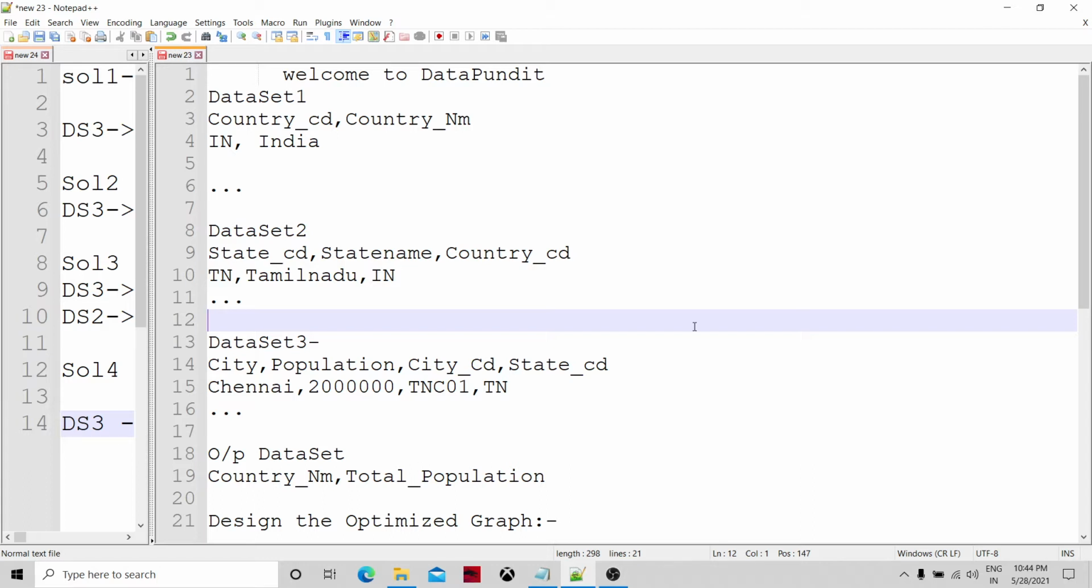The first dataset is country code and country name. For country code, I have taken the example of India, so IN as the country code and India as the country name. Dataset two is the state detail, state code and state name,